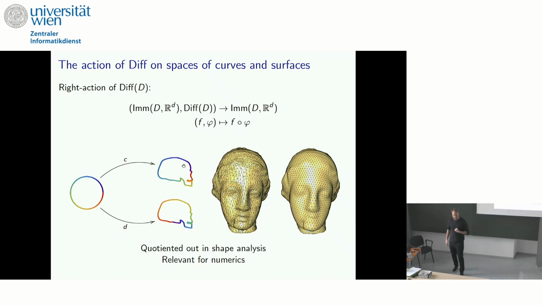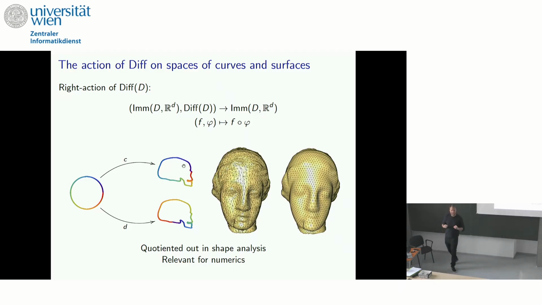So what do we see on the left? On the left we see two different immersions from the circle into the plane, where the color coding encodes the parametrization. If I consider them as immersed curves, these are completely different objects in the space of immersions. However, if I'm just interested in describing the shape, I usually don't have a color coding, so I would like these two curves to be the same object. We want to get rid of the reparametrization action of the diffeomorphism group. And this is very much what we had in today's tutorial, just applied to the space of immersions, where we want to quotient out the diffeomorphism group action.